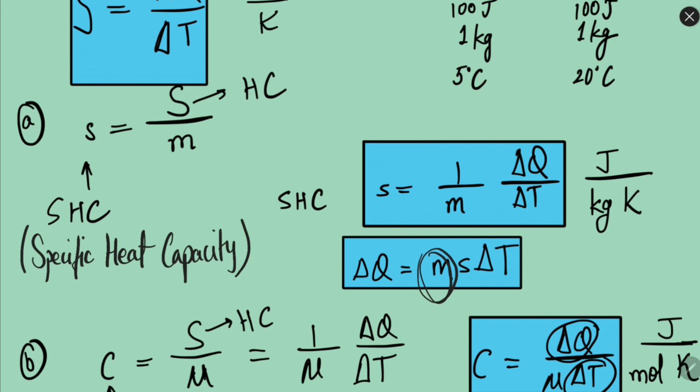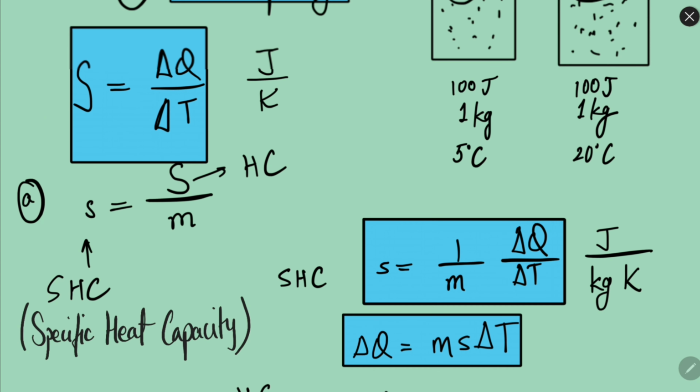If you want to increase the temperature of a large mass, then obviously more heat will be required. If you want to increase the temperature by a lot, obviously more heat will be required. And if some material has high specific heat, that means it requires more time to heat, then obviously you will need more heat to be supplied. So this is quite simple to understand.